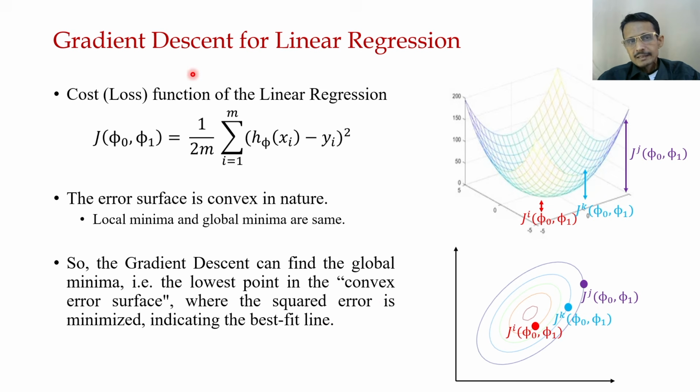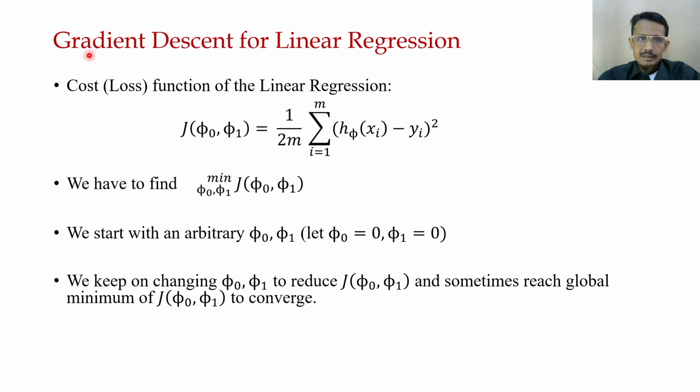That is the basic understanding that we tried. That's why we try to find the minimal square error, which indicates the best fit line. And by virtue of gradient descent, which is an iterative optimization algorithm, starting from anywhere in this error surface, it traverses to the local or global minima of this convex surface. So this is the main idea of gradient descent for linear regression. Now we formalize this descent algorithm in mathematical form. As we know, this is our cost function J of phi 0, phi 1, and we have to find such phi 0, phi 1 that minimize this function.